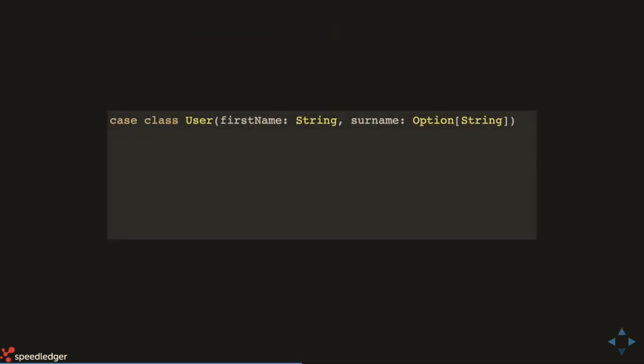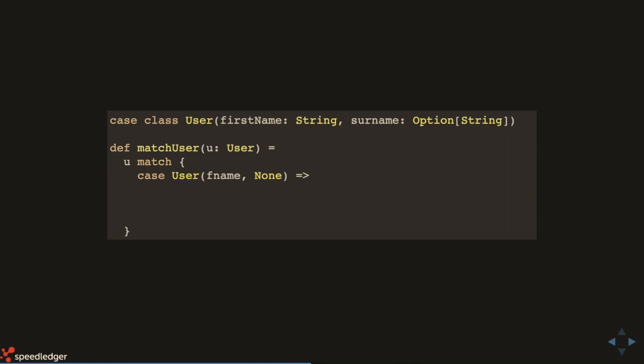So we have our user, and in this case, since we care so much about GDPR and just love it, we make the surname optional so that you can create a user with or without a surname. And then we make a function where we take a user as an argument, and then we match. And we say that case User means that if the type is user, it's going to match. And it's going to assign the first name to the fname variable.